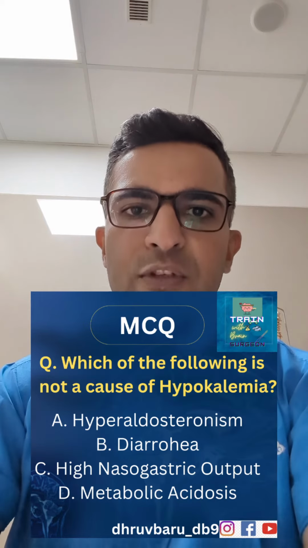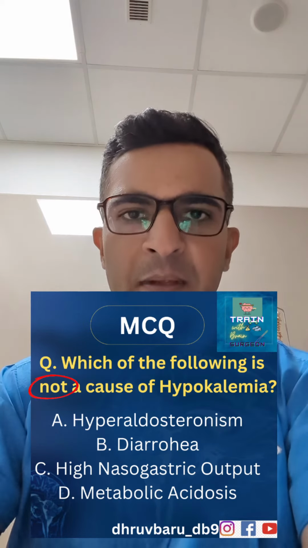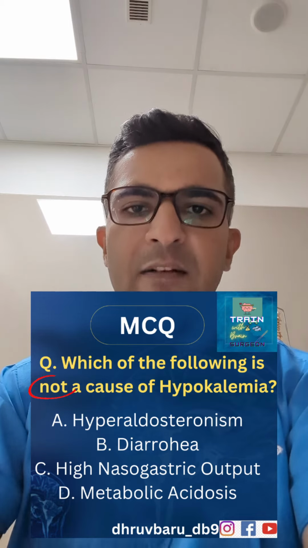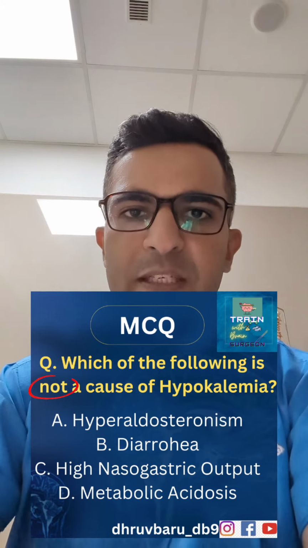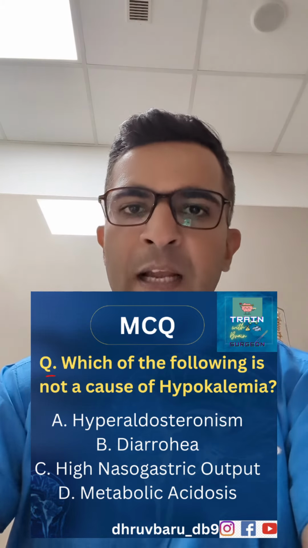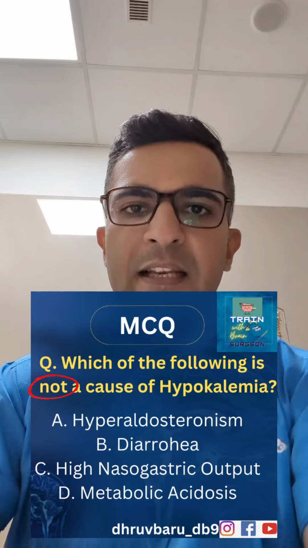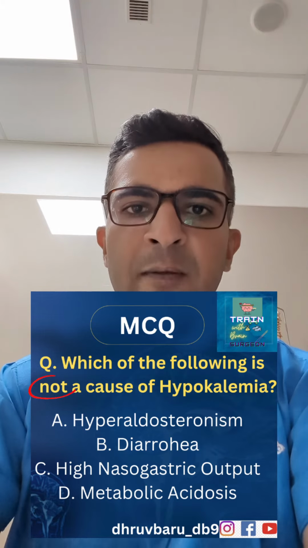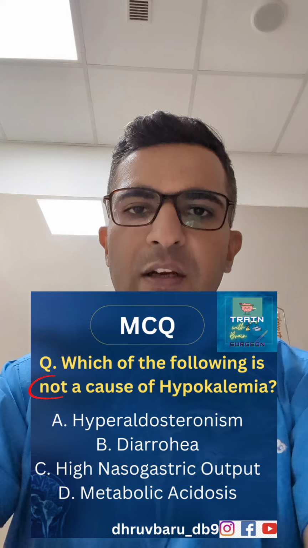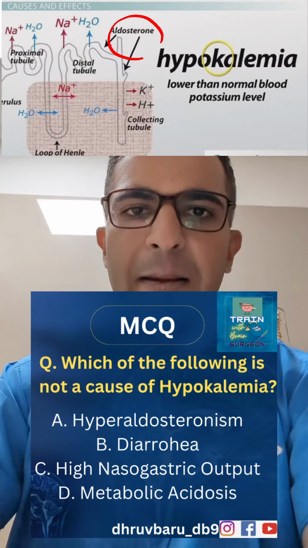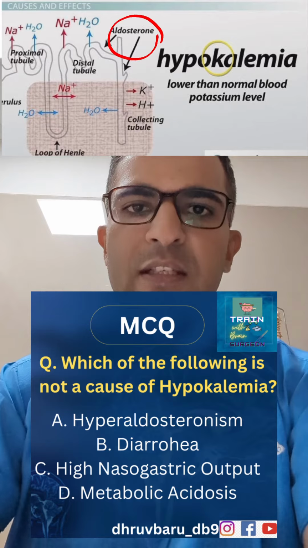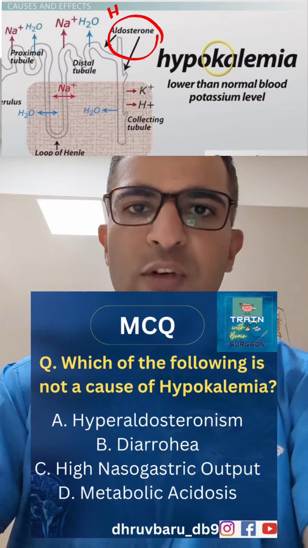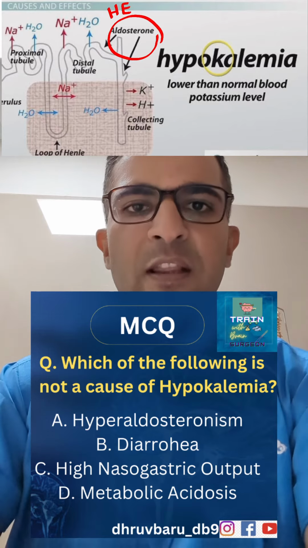Now second question: which of the following is associated with hypokalemia? Now remember, potassium loss, whether from the GI tract or from the renal tract, will cause hypokalemia. If you see the options, diarrhea, yes, will cause hypokalemia. Nasogastric aspirate, that is vomiting, will also cause volume depletion and it will cause hypokalemia. Now you need to remember, volume depletion will cause secondary hyperaldosteronism, and we know aldosterone's work is to conserve sodium at the cost of potassium, so it will retain sodium and throw out potassium. So that is also true.